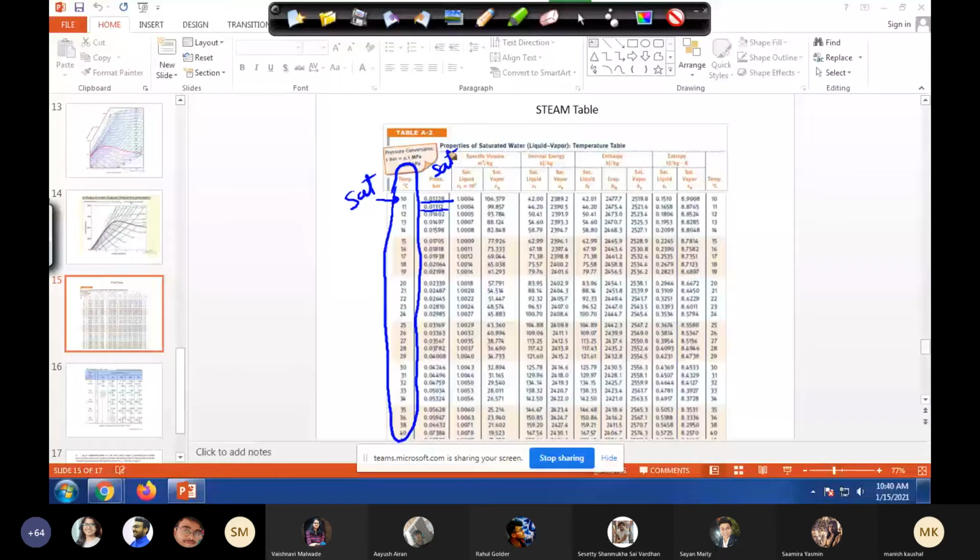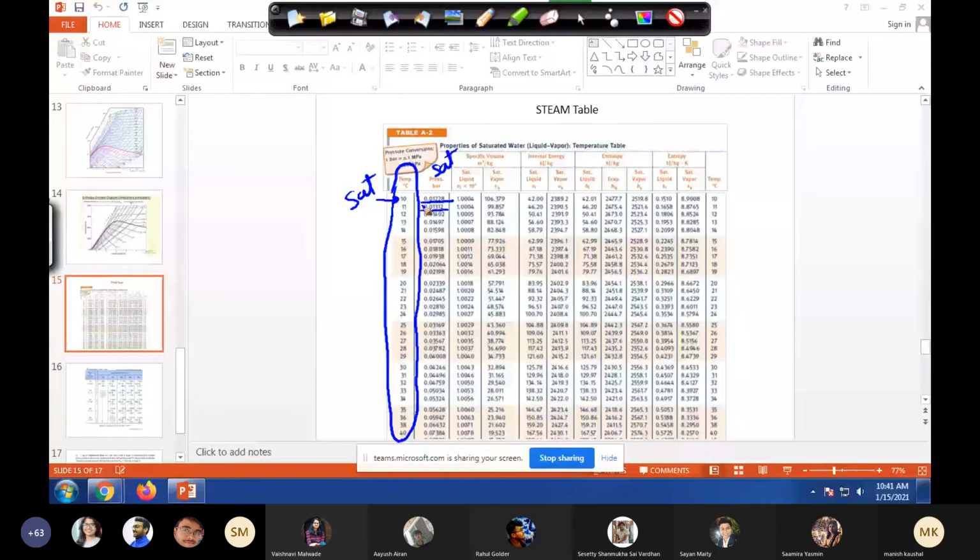So for a given temperature, if you are in that liquid-vapor phase change regime, then is pressure known or not if I tell you the temperature? So Sahil, if you are in this regime of liquid-vapor change, and if I tell you the temperature, do I need to tell you the pressure also? No, sir. It will be fixed. You can read it from the steam table. It's fixed. Perfect.